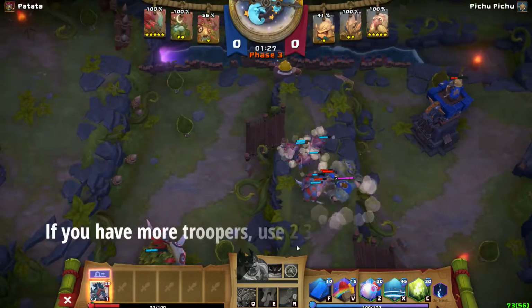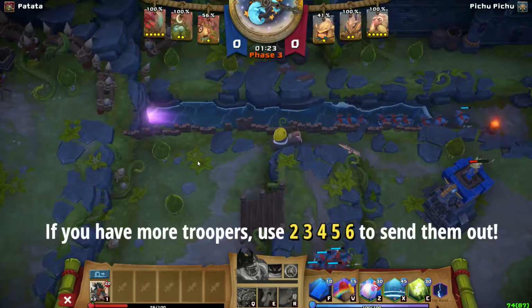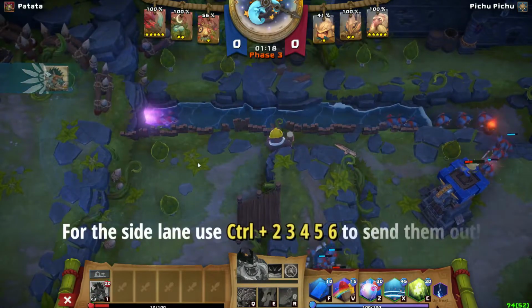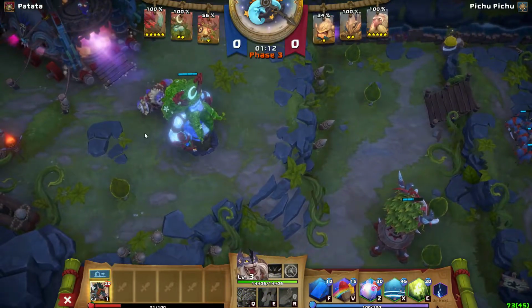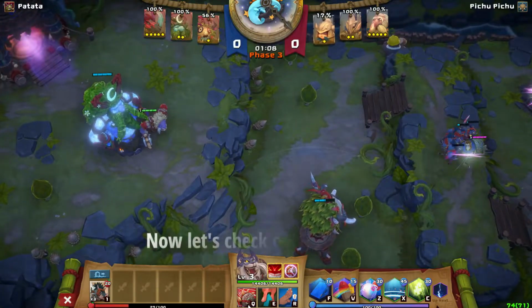And you can send other troopers if you have selected more by using 2, 3, 4, 5, and 6 on your keyboard, or by adding the Control to that command and sending them through the side lane. So make sure to get more. Now let's check your champion. Let's see, Muraka is out here now. So Muraka,